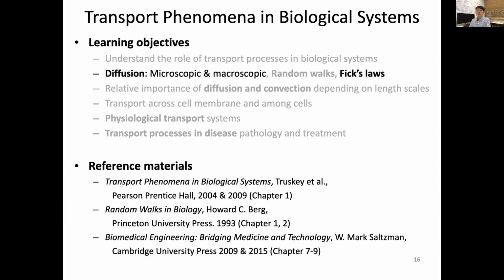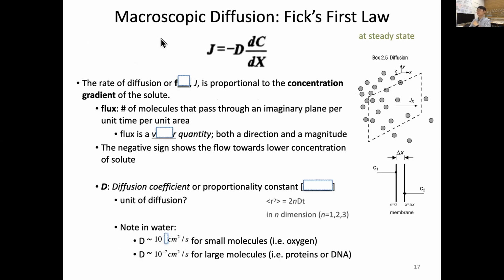Hi, now let's discuss diffusion further on a microscopic and macroscopic scale, the so-called Fick's law of diffusion. Previously we discussed the random walk concept. Now let's discuss macroscopic diffusion, called Fick's first law. We're discussing the steady state, which means the concentration in space will not change